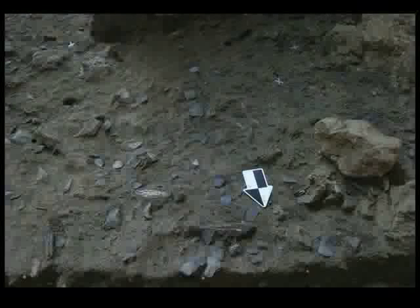This is the way a Neanderthal site looks. It's basically their garbage, right? We've got the stone tools here, littered all over the place. Animal bone, animal bone, animal bone, animal bone. Just stuff strewn out all over the place, right? And it's on the basis of that garbage that we try to figure out what's going on with their